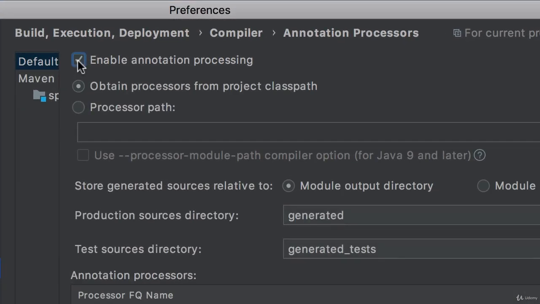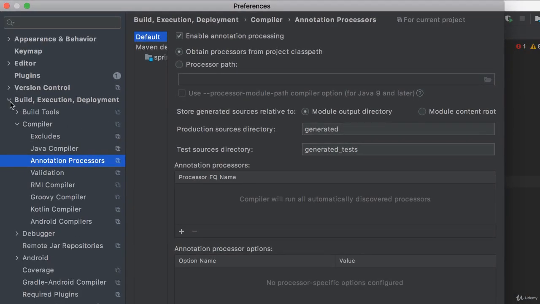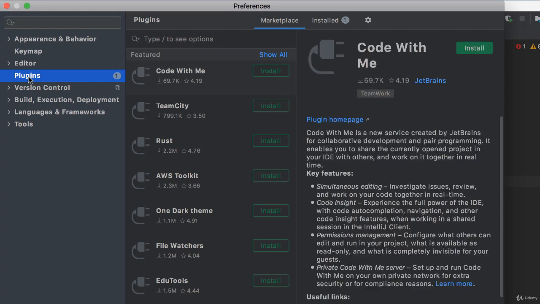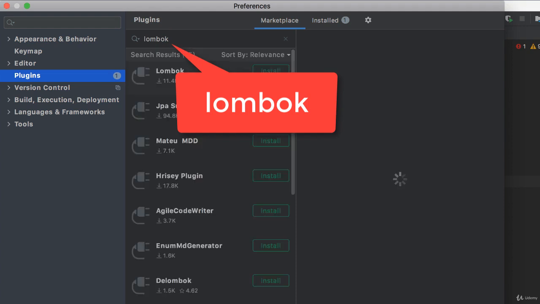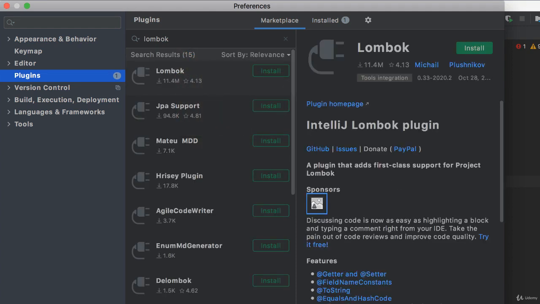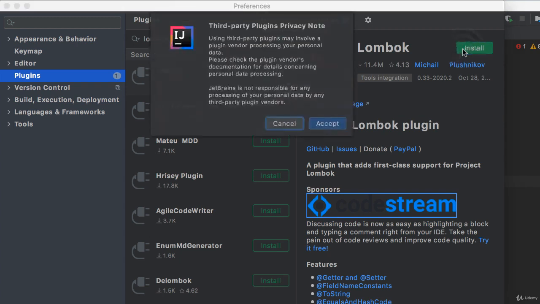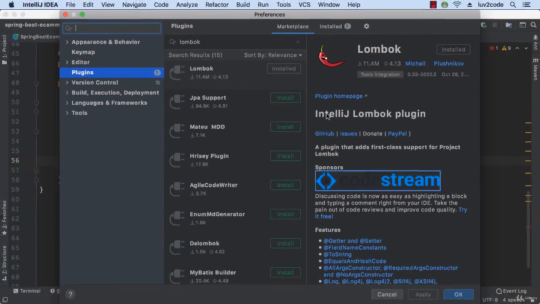All right, but we're not done. There's one more thing we need to do. We actually need to install the Lombok plugin. So let's move over to plugins. And in the center section here, we just type in Lombok. And grab that Lombok entry. And then over here on the right, we click the install button. So now this should